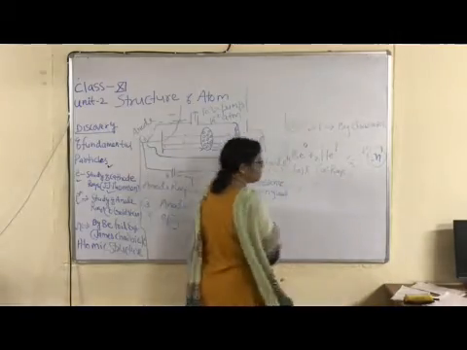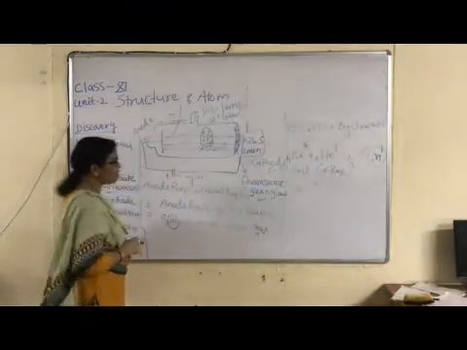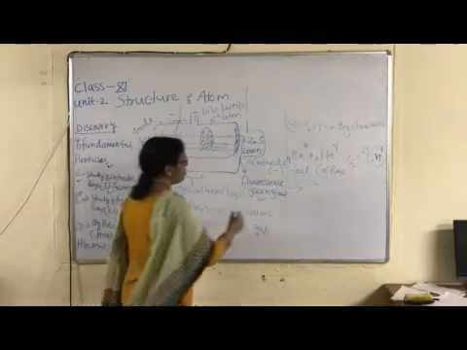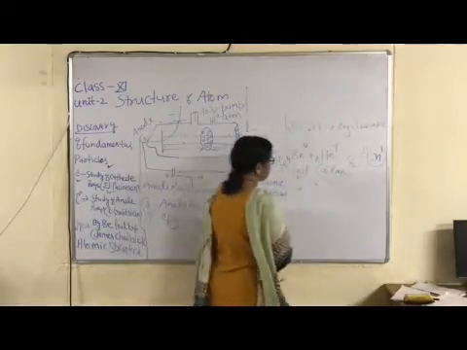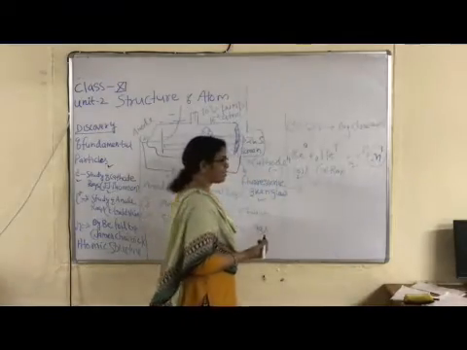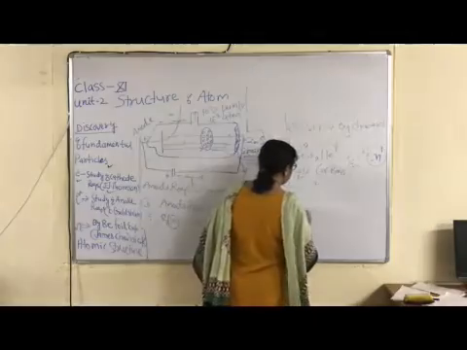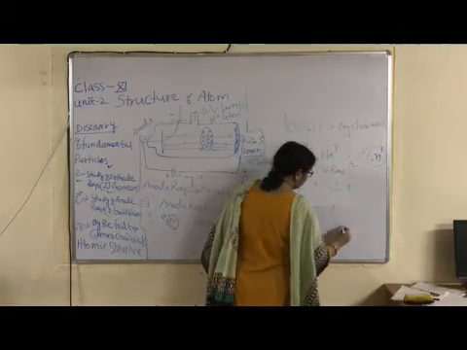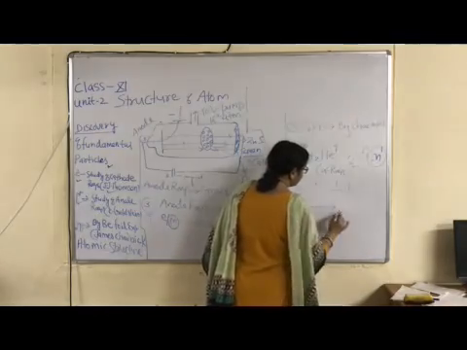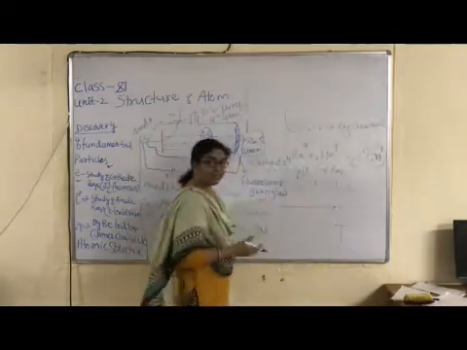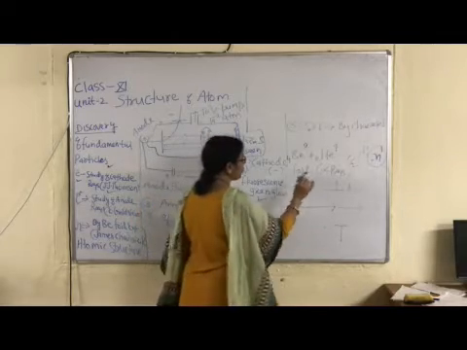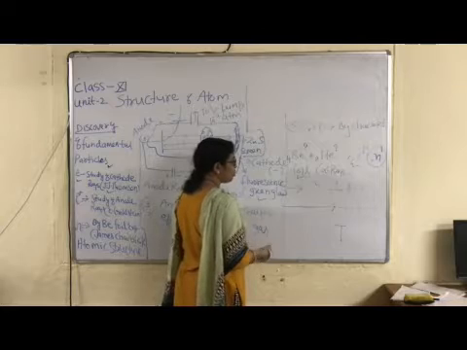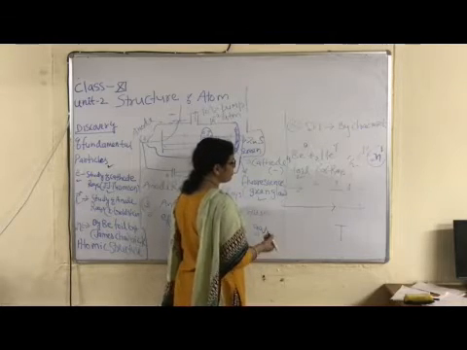Okay children? In this manner, James Chadwick discovered neutral particles by which experiment? Beryllium foil experiment. Okay? When an electric field is applied, neutral particles remain undeflected. Suppose this is the positive plane of the applied field, this is the negative plane, no deflection occurs because the particles are neutral. So this experiment confirmed that neutrons are neutral particles, right? And the mass of neutron is equal to the mass of proton.